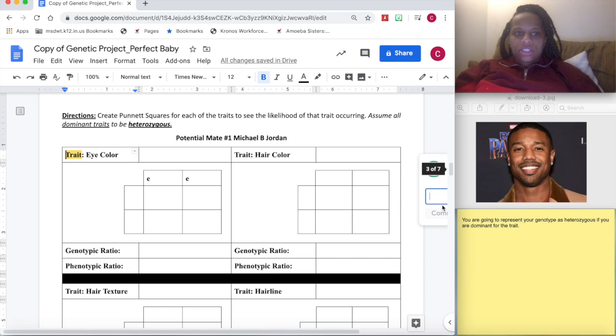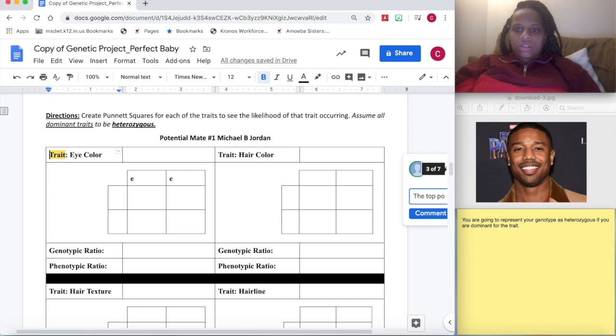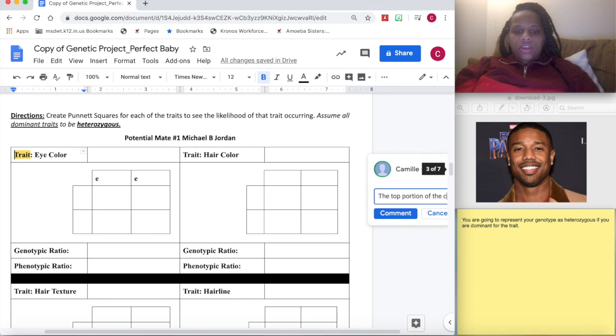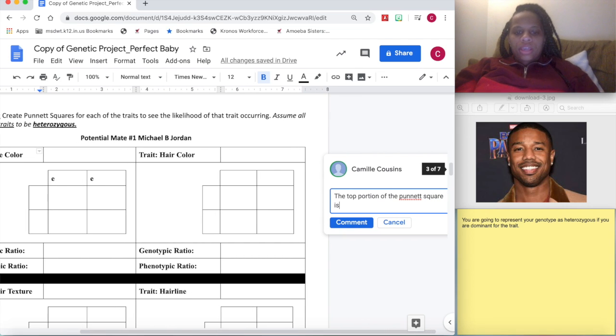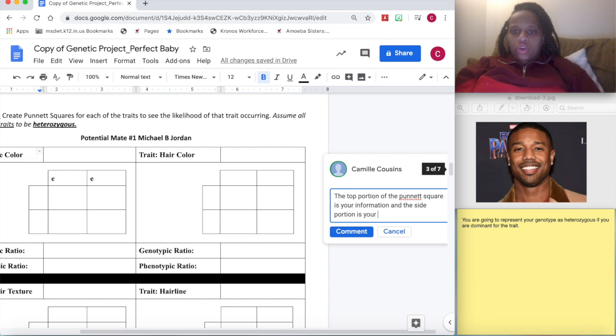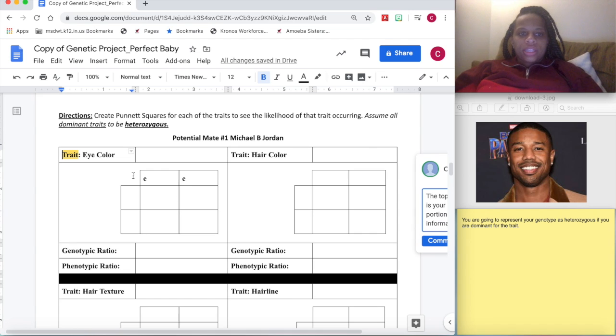And this comment is going to say that the top portion of the Punnett square is your information, and the side portion is your potential mate's information. Okay, so this is my information, and remember, Michael, he has brown eyes, so we're going to put his stuff